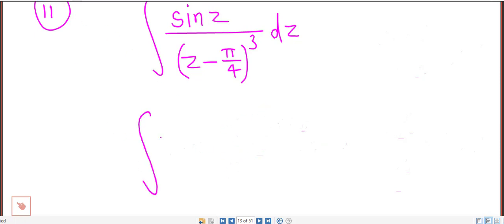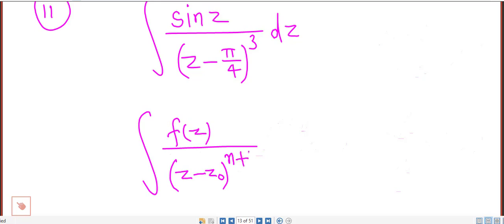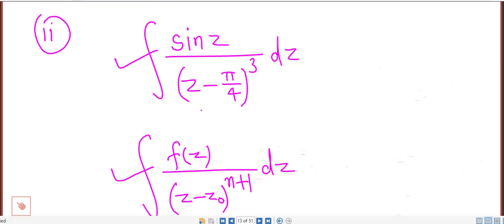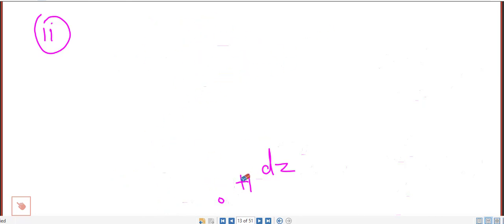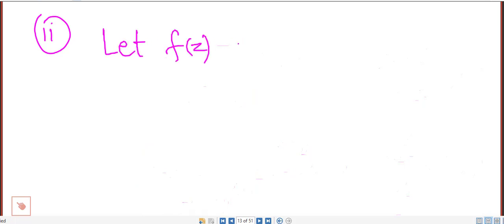So problems of Cauchy integral formula will look like this: f of z divided by (z minus z0) raised to some integer power. So if your function in the integral is looking like this, then you can try Cauchy integral formula by considering, here we will consider f of z equal to sin z. So first we consider f of z equal to sin z. Let f of z equal to sin z, and the given contour is,